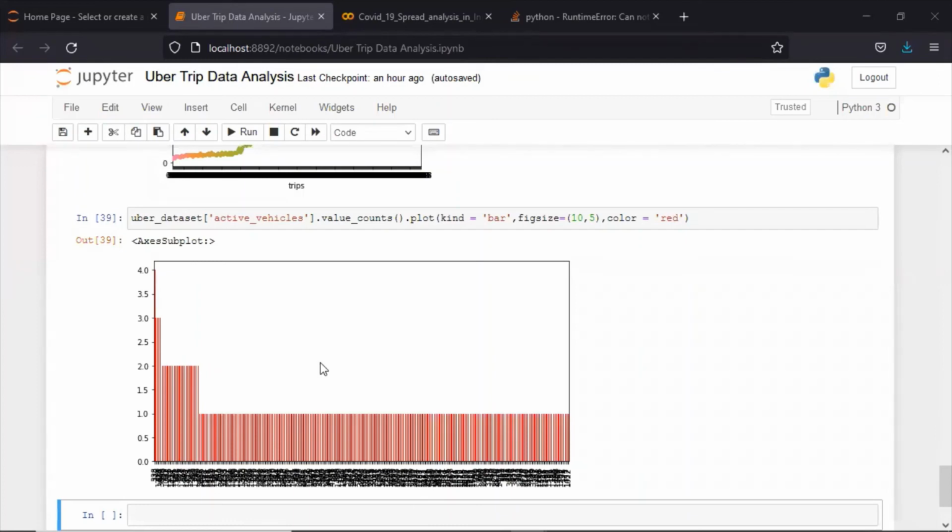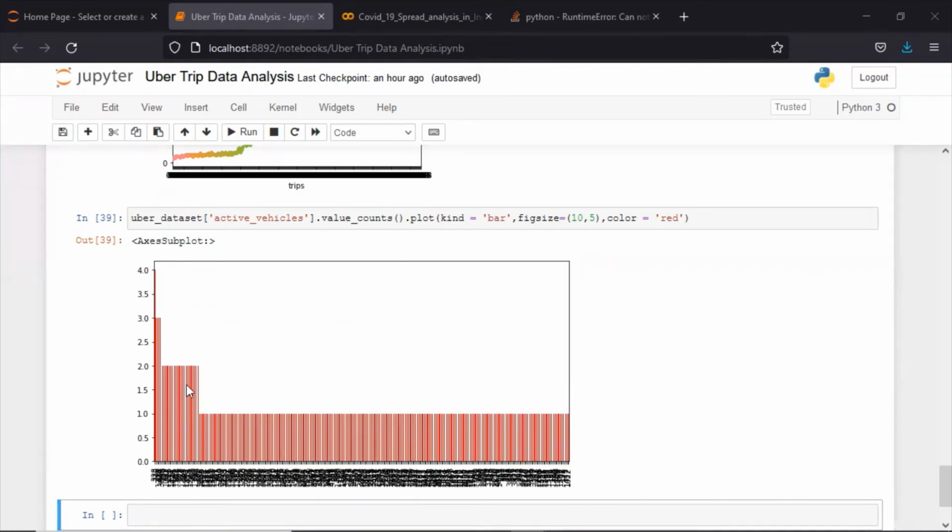As I said, it is going to count the values in this active vehicle column, so it is counting the unique values in this column. This value_counts function is a pandas Series function, which counts the unique values in this column. That's the reason the graph looks like this.